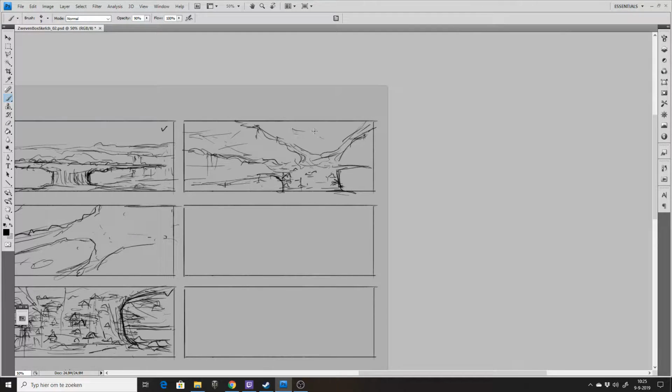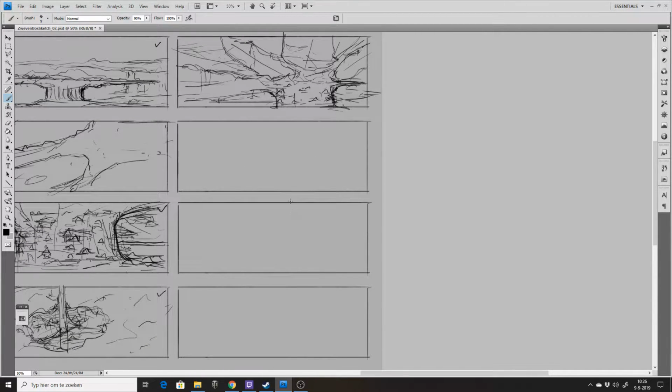So this is an underneath view of the thing, because the platform has to be supported somehow. So there's probably going to be a lot of branches that give support to the thing. It's quite difficult to show that image in a rough sketch. I'm not sure about this image anyway, but